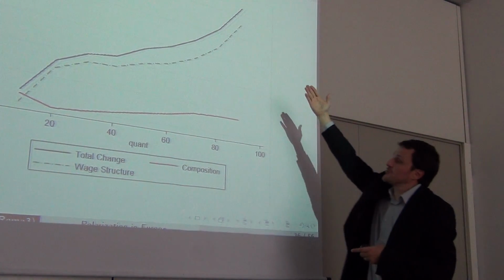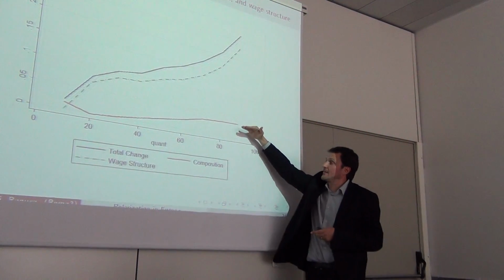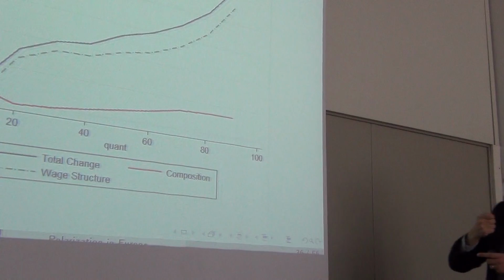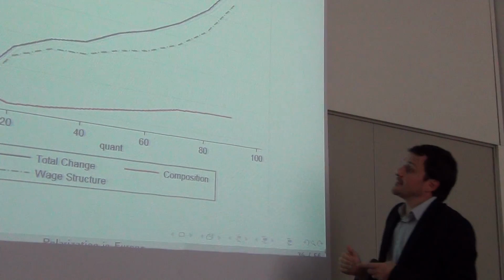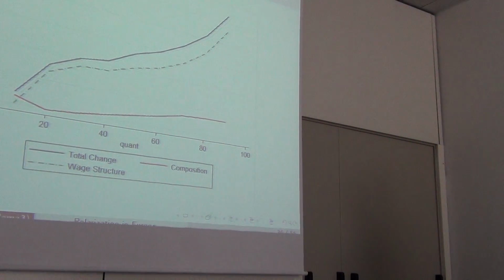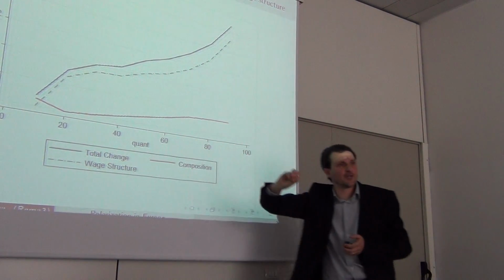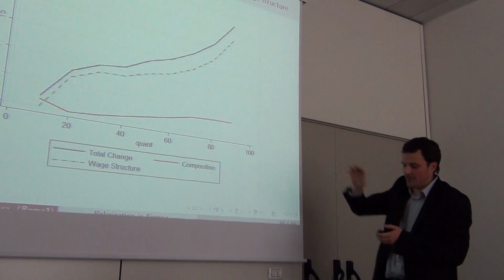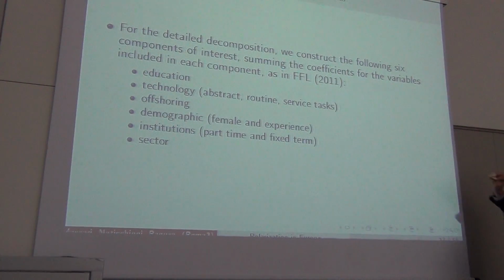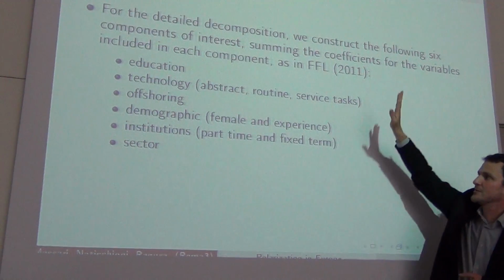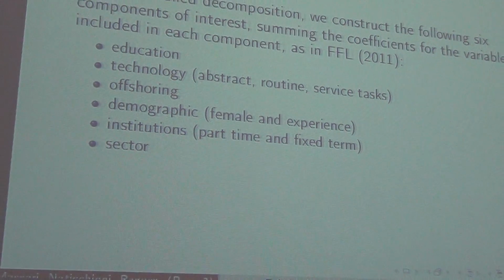While all the change in the observed trend is driven by the coefficient. Keeping constant the X, only changing the coefficient, we can see that we explain basically all the trend in the distribution. Okay? Here we are not decomposing the impact of technology or education, they are all together in composition and wage structure. We want to isolate the components because we are really interested in technology in the presentation, and then of course in the other components, education. In the paper they are explained.